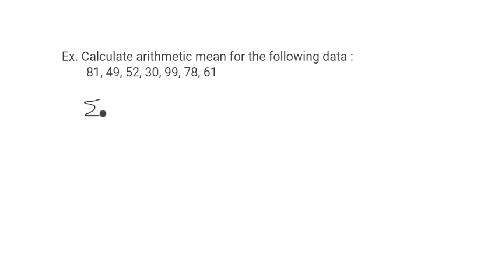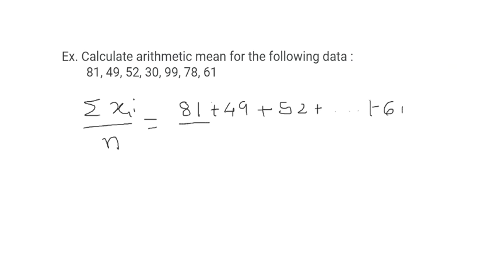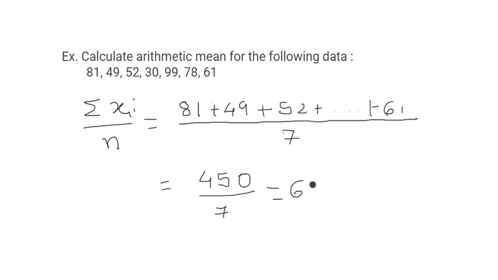So what is the formula for arithmetic mean? That is, as we have seen, summation of xi upon the total number of observations. The sum of observations is nothing but we add all the observations, that is 81 plus 49 plus 52 up to 61, and the total number of observations is 1, 2, 3, 4, 5, 6, 7. So n is equal to 7. The sum of all these observations is 450, divided by 7, and we get the answer